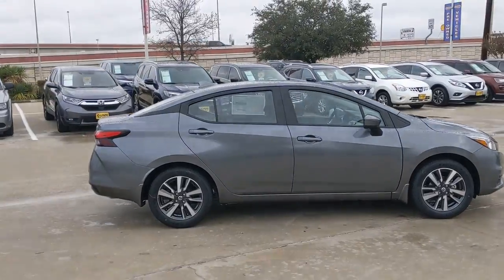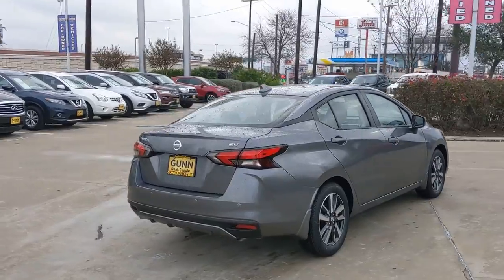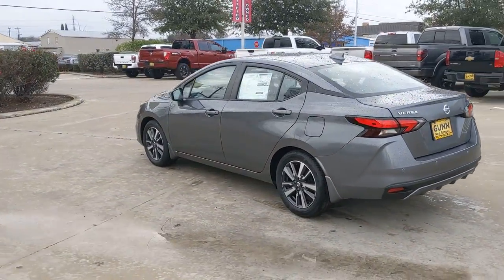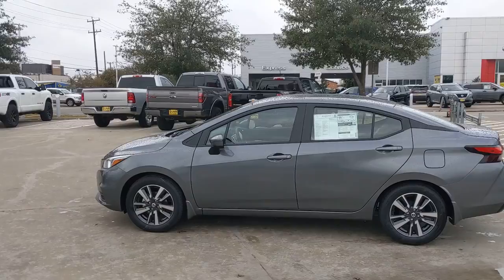Can you see yourself in the 2021 Nissan Versa? This sprightly Versa offers a host of features to keep you secure, comfortable, and connected. From impressive standard driver assist tech to an upscale cabin and touchscreen infotainment, this clever compact is ready to take